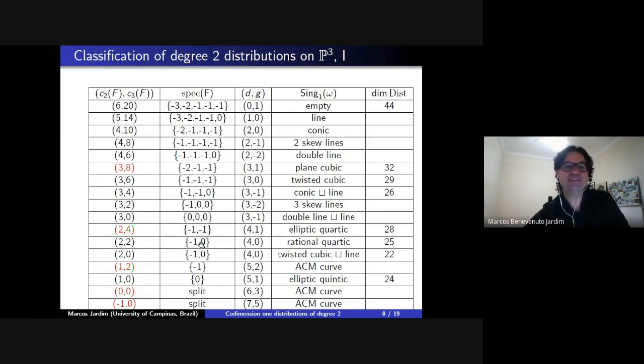But for other cases, there are several other possibilities, and I give you which possibility does arise. So it pretty much tells you what type of reflexive sheaves occur as tangent sheaf of codimension 1 distribution. Right. So this is a big table. I think the most interesting part is this bit here that tells you